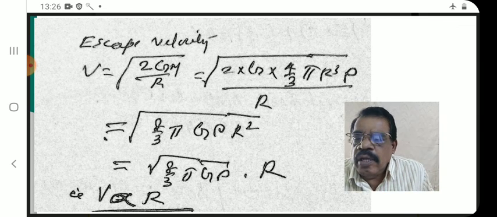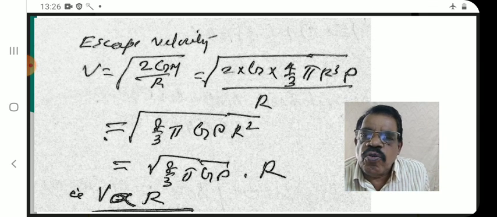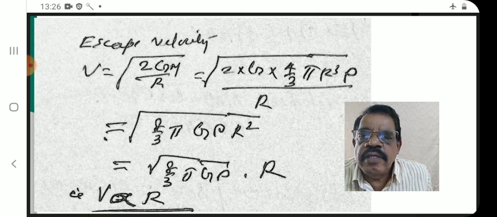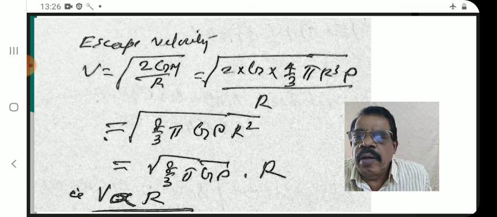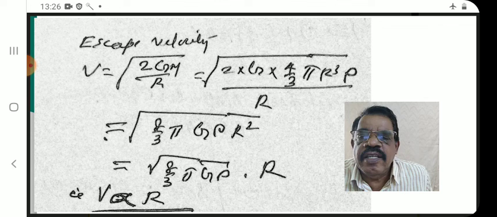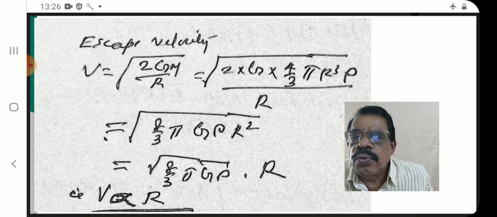Capital G is the universal gravitational constant, and the mass of the planet we can write as volume times density, uniform density: 4/3πr³ rho, divided by r. R cancels. In the numerator we get r square. So the root of